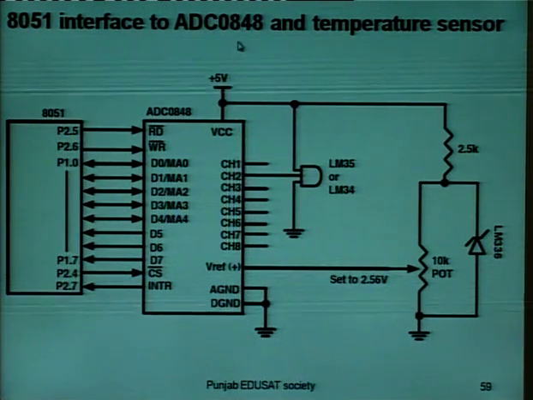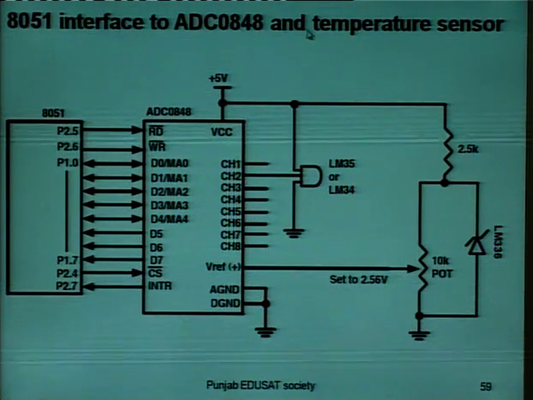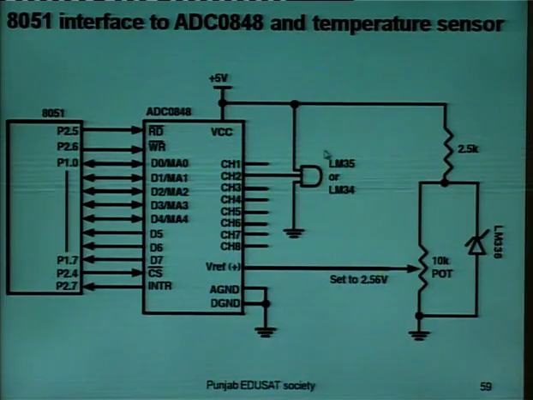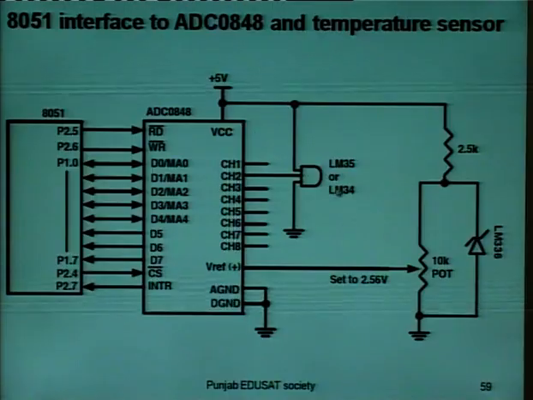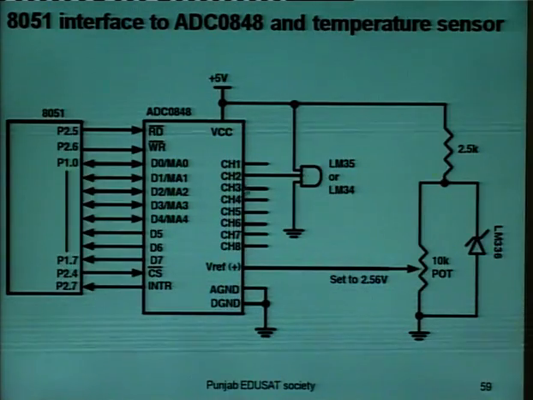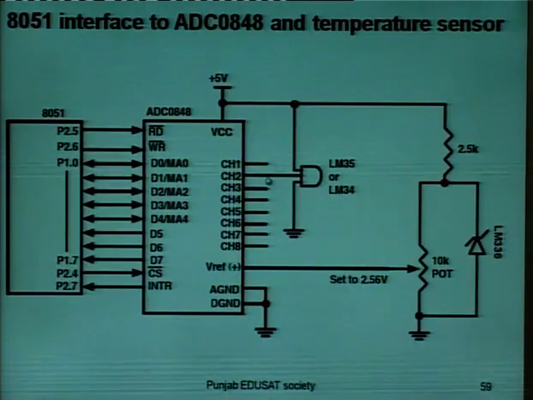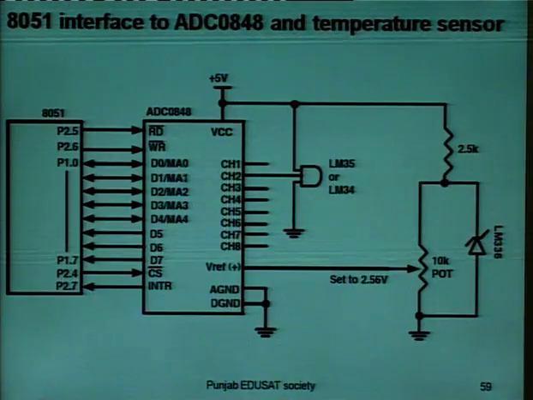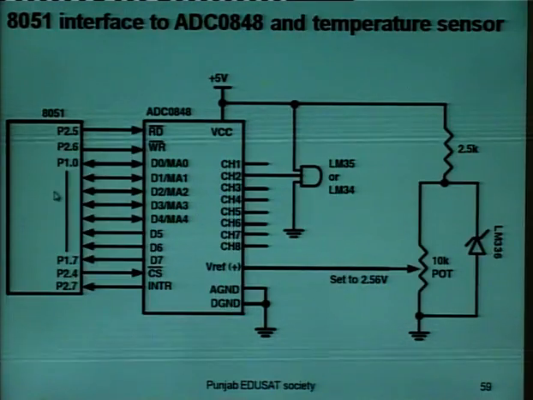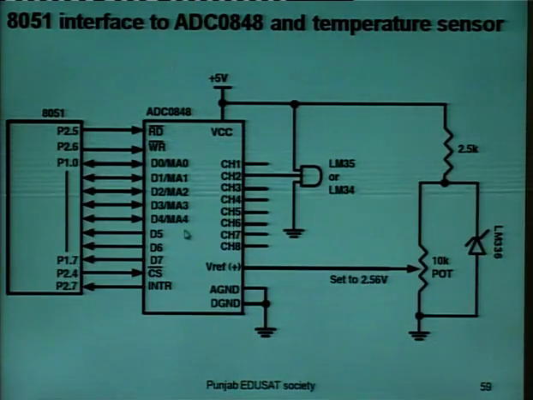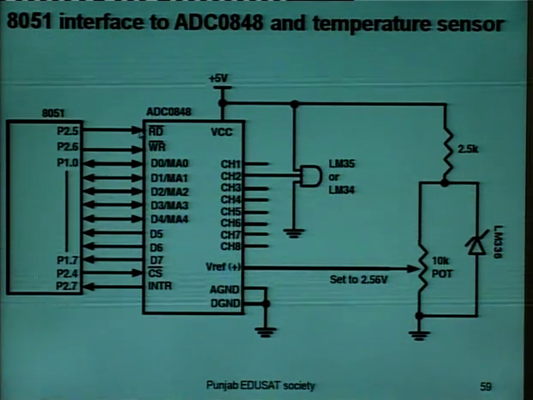8051 interface to ADC 0848 and temperature sensor. Here we have used the LM35 or LM34 temperature sensor, which will sense temperature and produce an analog signal after signal conditioning, and this analog signal is given to channel 2 of the A to D converter. Then this is connected to the 8051 by 2 ports. Port 1 is connected with the data bus of the ADC, and port 2 pin 2.5 is connected to read